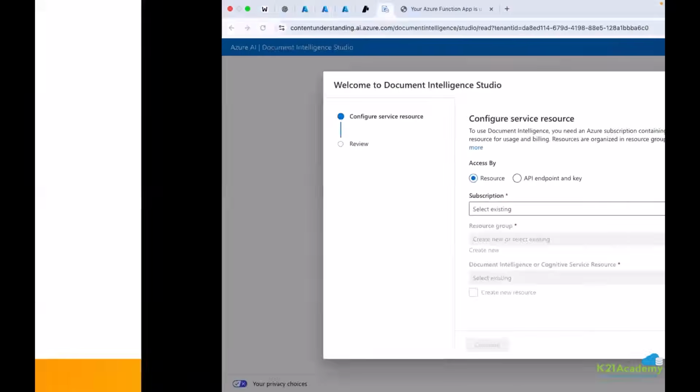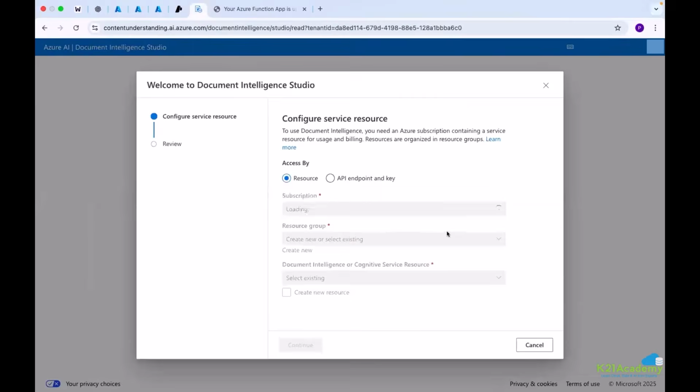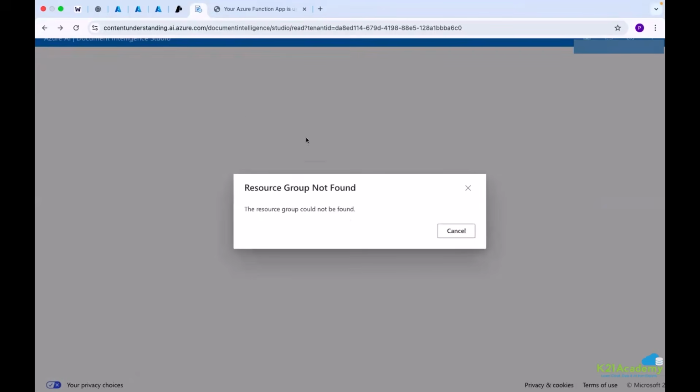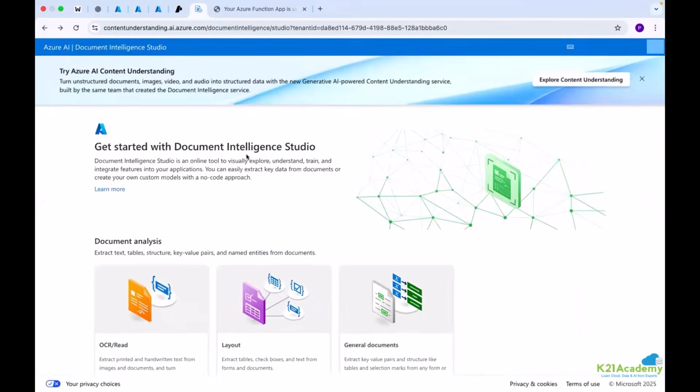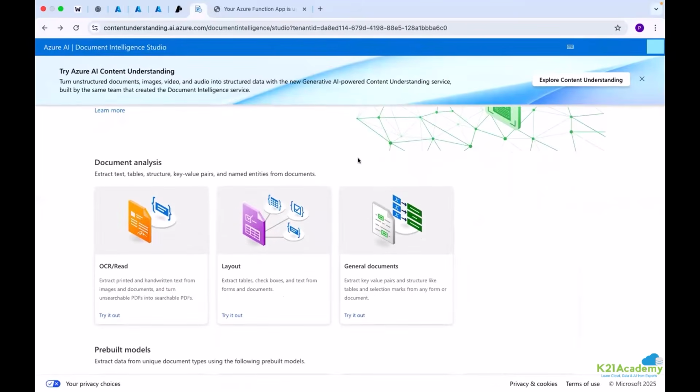as well. So we can quickly see, okay, I need to create my resource once again for using this service, but no worries. I hope you remember what we have discussed about this doc intelligence. I'm not going to talk about it in more detail. It will be just a quick intro of what we have covered in doc intelligence. If you want to check that, you can see the recording in which we have discussed these things in